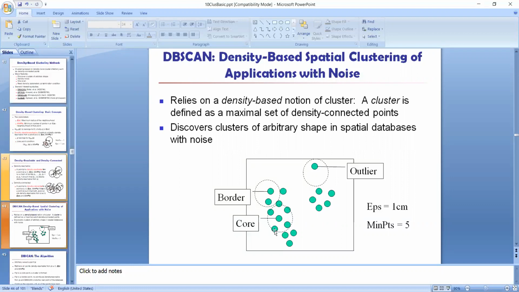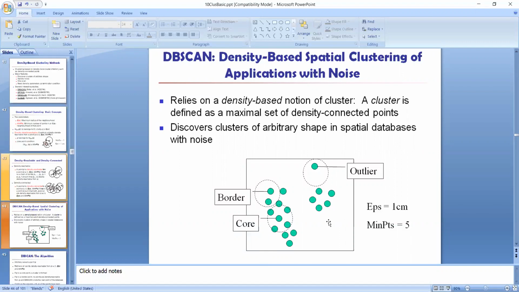For example, if I'm taking this point and drawing an epsilon circle with 1 centimeter radius, it is not a core point because it cannot satisfy the minimum number of points, but still it will be within the neighborhood of a core point. If it is in the neighborhood of a core point, then we can call it a border